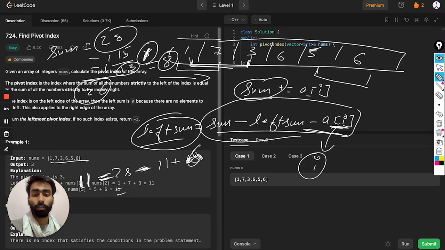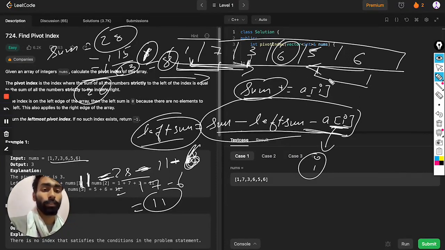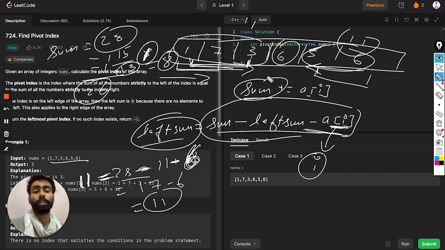Sorry, here it is 6. If we subtract these two first, it will be 7, and 7 minus 6, so 6 is the element where the left sum is equal to the right sum. If we check here also, 7 plus 1 is 8, plus 3 is 11, and 5 plus 6 is 11. So we got the element, and we need to return the index value of 6.